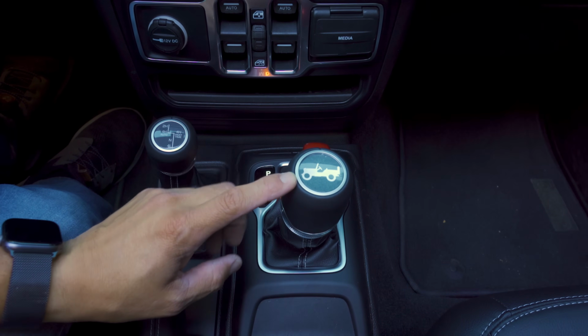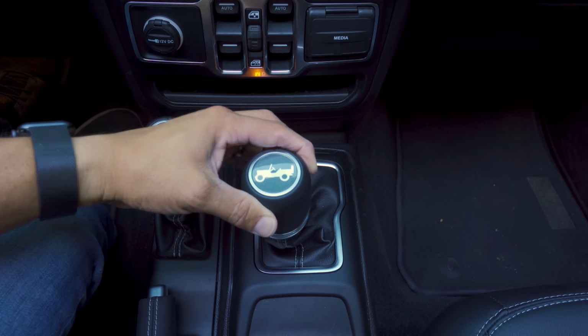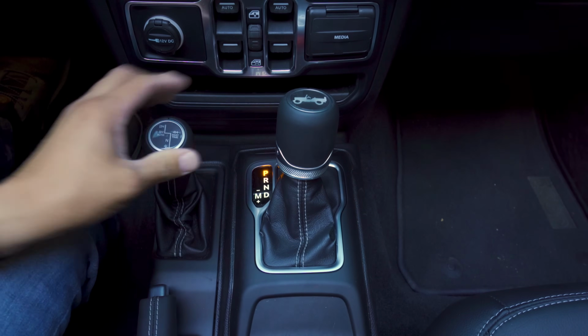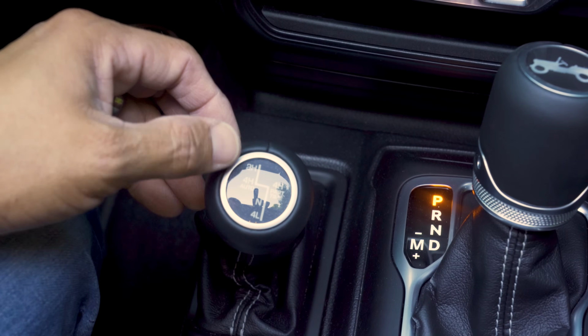You see we have a little Jeep right there on the top, which is a nice touch. Manual mode is over to the left. We push away from the driver for gear down, pull towards the driver for gear up. On this side, you'll see a very interesting feature for a Wrangler, and that's a shifter with the 4-high auto